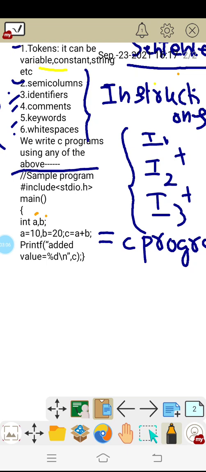Variable means a value which changes. For example, I have taken A and stored 10, so A is a variable. In order to store any number, we need a variable. Just for the time being, remember this because it's the introductory class. After 4 or 5 sessions, we are going to write the programs and execute them.